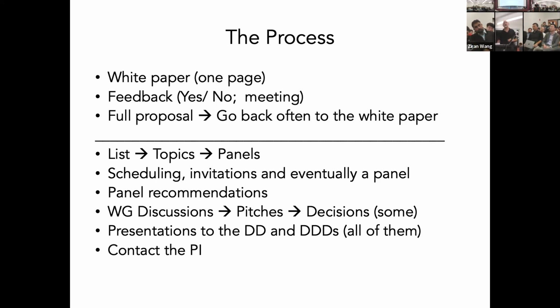So there are panel recommendations, and what happens afterwards is, let's say that there are 5 panels. Say for the sake of it, typically there were 5, 6 panels. In every panel, maybe there is one high competitive. It's not always true. Sometimes there are 2 high competitives, sometimes there are no high competitives at all, right? But give or take. So now what we need to do is, every directorate has a number of divisions. Now we want to see whether each division is willing to chip in some money to support the proposals that score high. So we would have working group discussions, WG discussions, where the working groups would meet and discuss all these